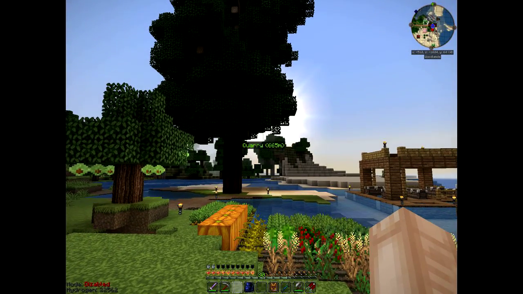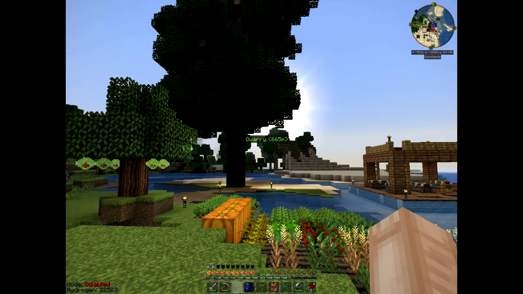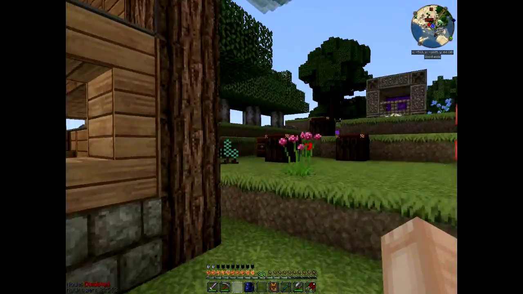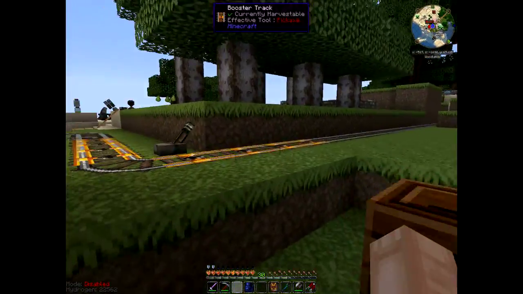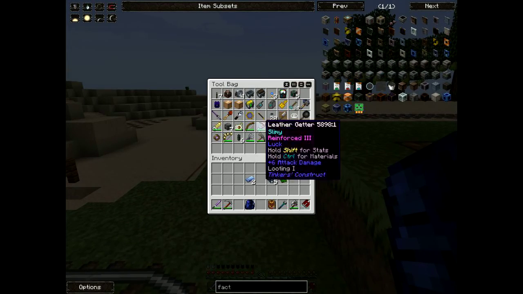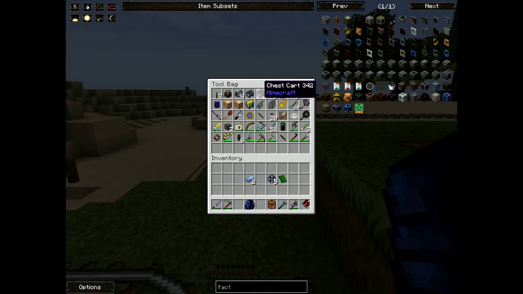As you can see, there's now a new waypoint called Quarry, way over there, 600 and some odd blocks away. And the reason it's there is because during the break I created a track layer cart, grabbed a chest cart and a minecart out of